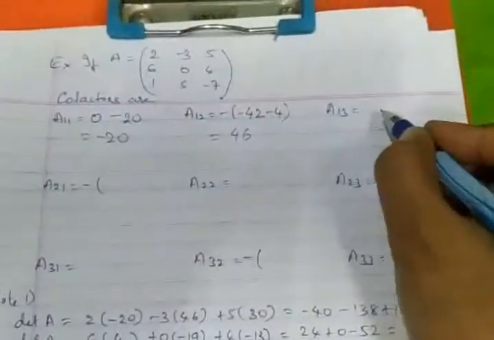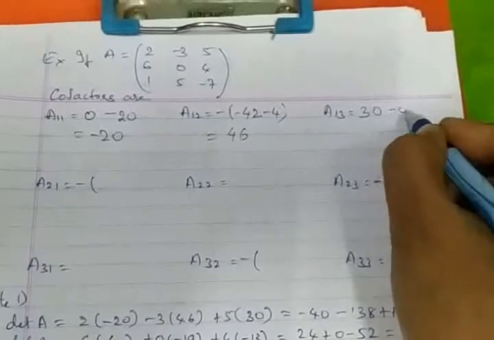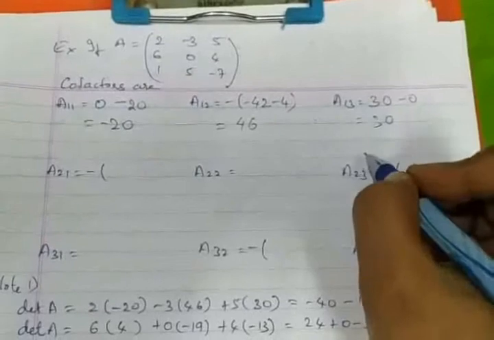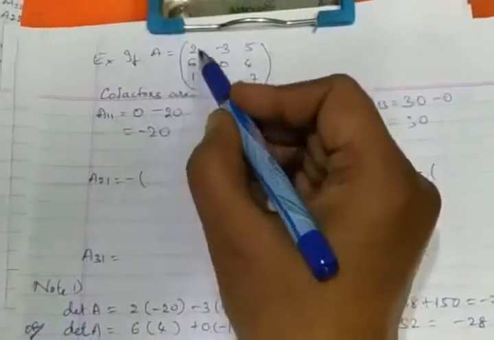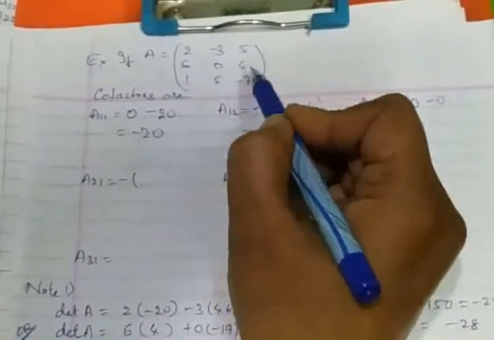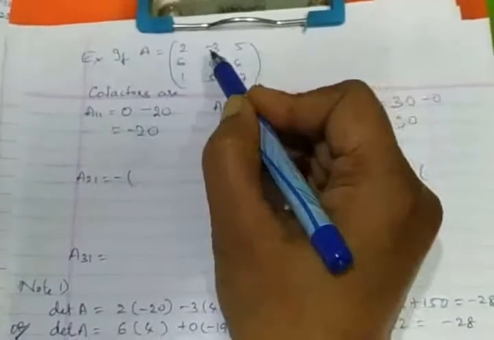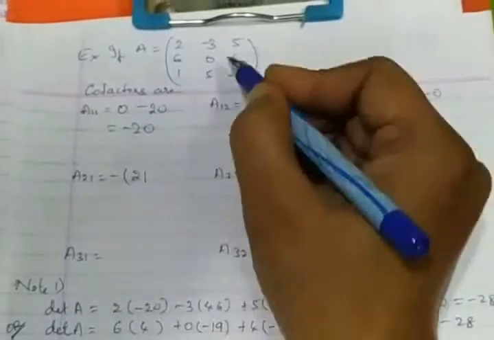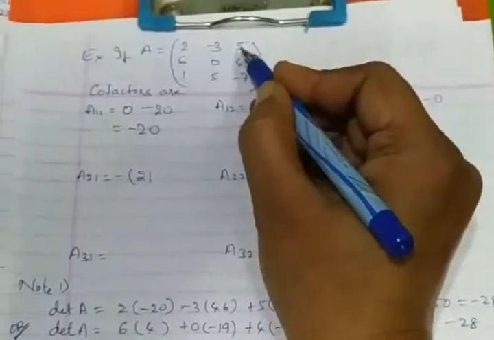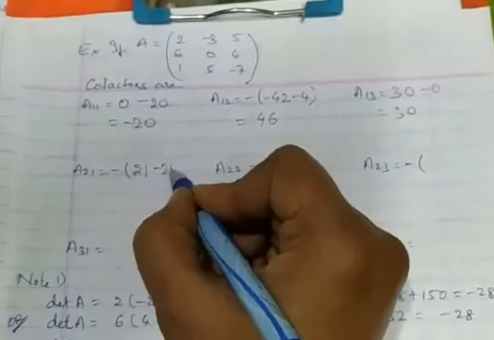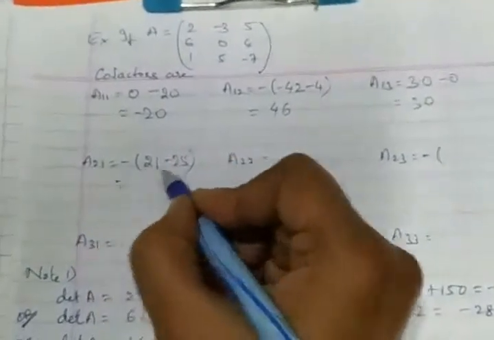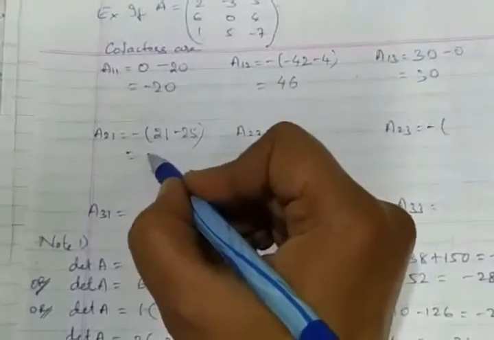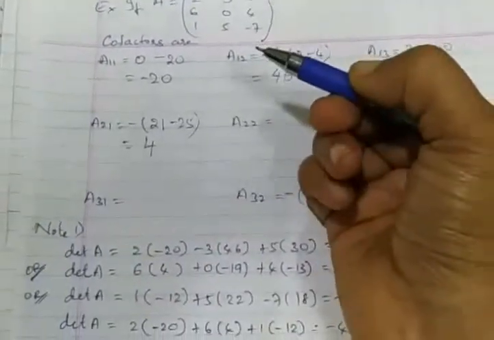Now first row, third column, close it. The product is 30 minus 0. So we have 30. That itself is called the A13 cofactor. Next, A21, close the corresponding column and row. Imagine properly, we have minus into minus plus, 7 3s are 21. This product is actually 25, sign change, minus 25. So we are left with the difference, actually minus 4, but the sign change, minus is to be applied here. So it is plus 4.